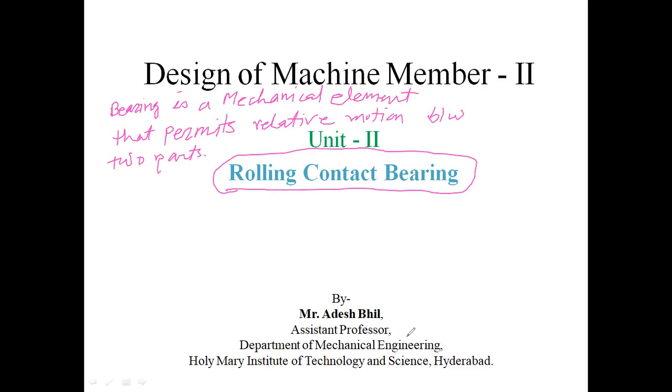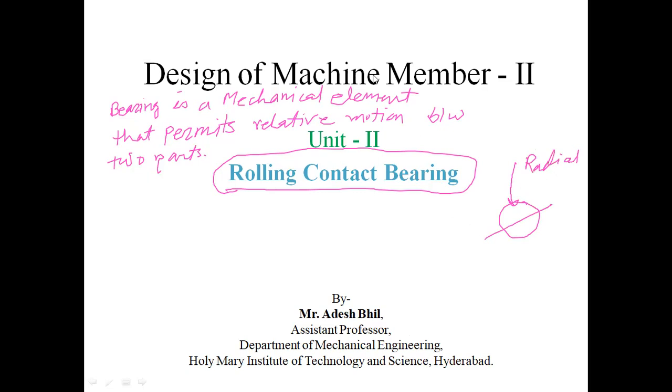You can see, we have seen the bearing types. In that, we have seen the radial and thrust bearing also. The radial bearing we have already seen: suppose this is your bearing, the load which is acting perpendicular to the axis of motion, that is your radial load acting. So this is our radial bearing.